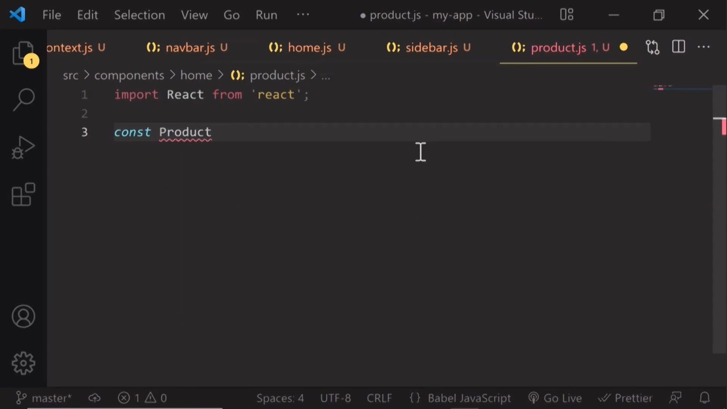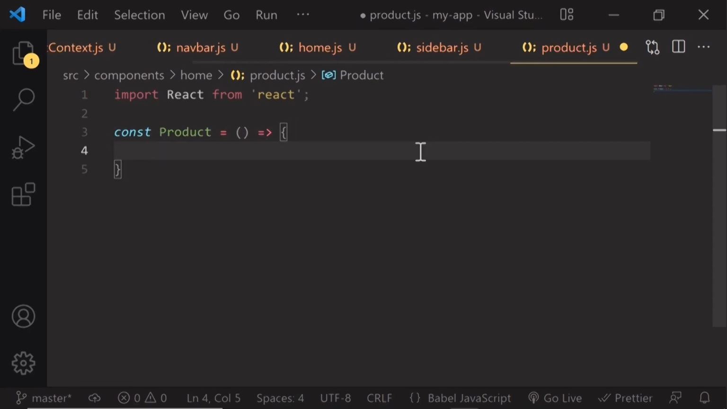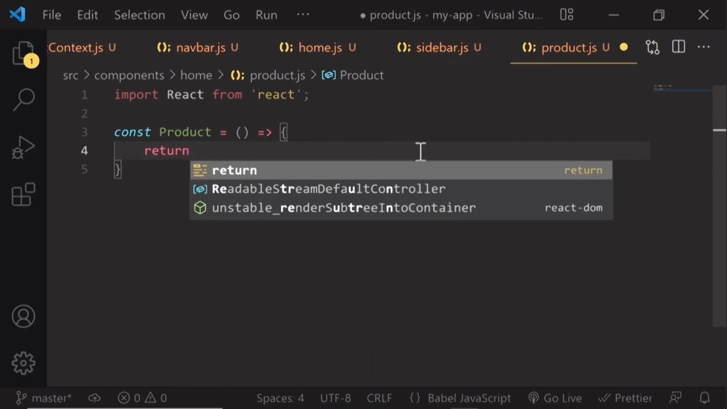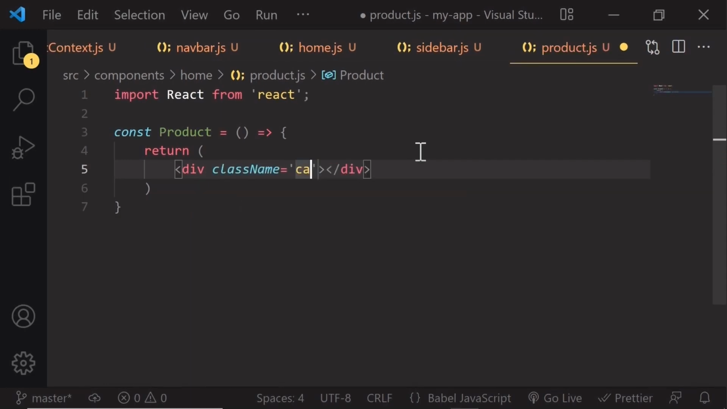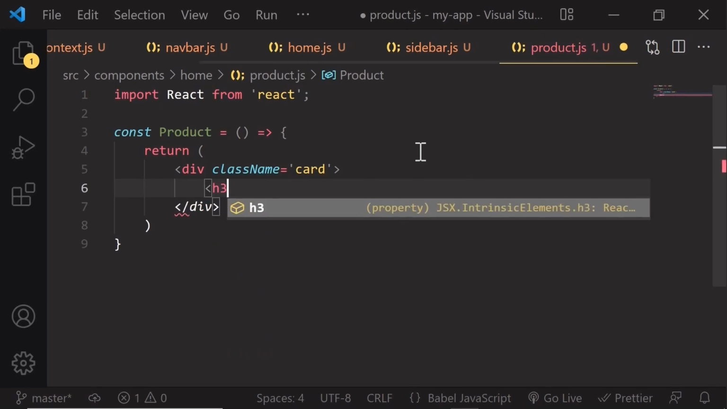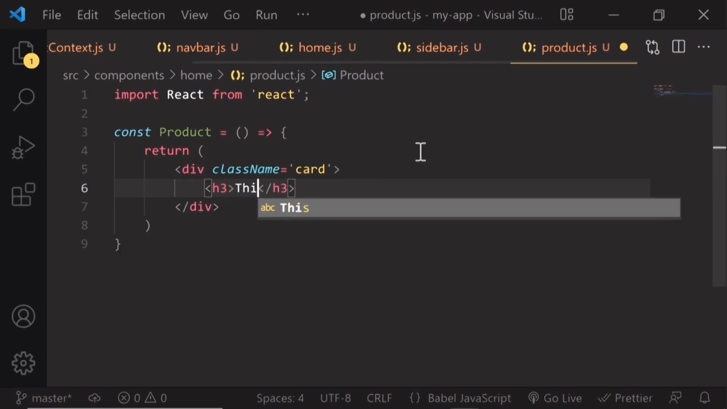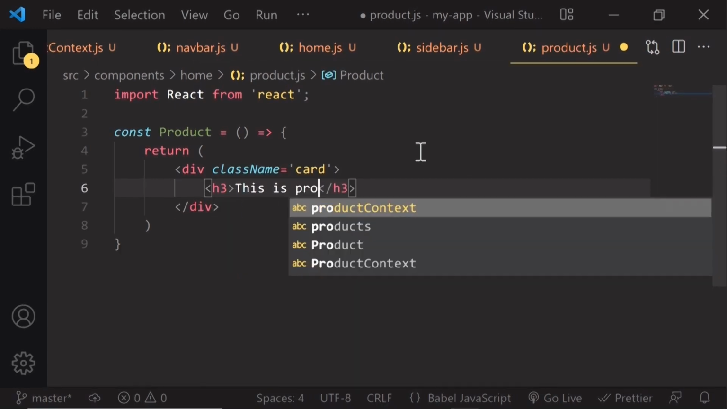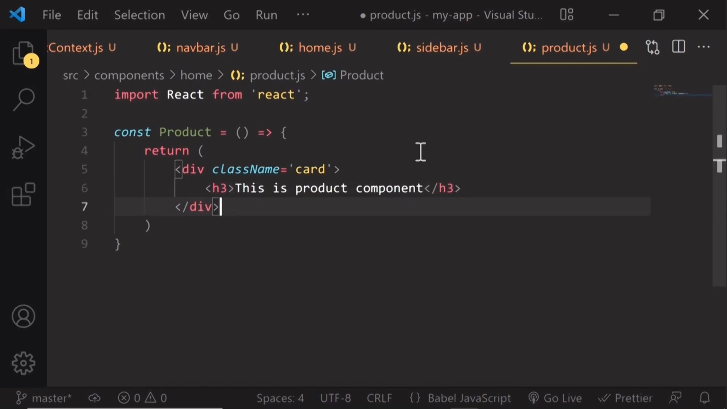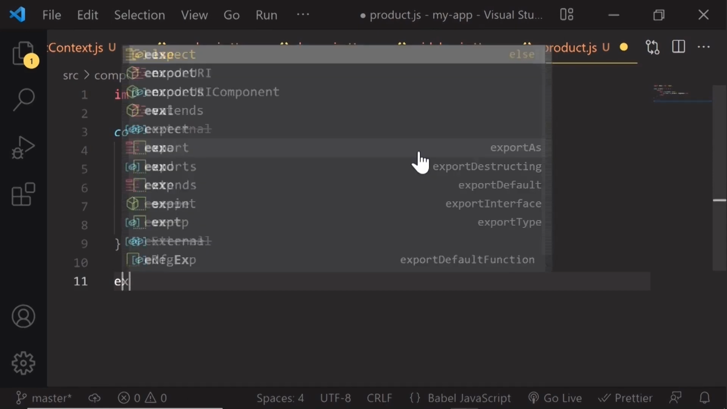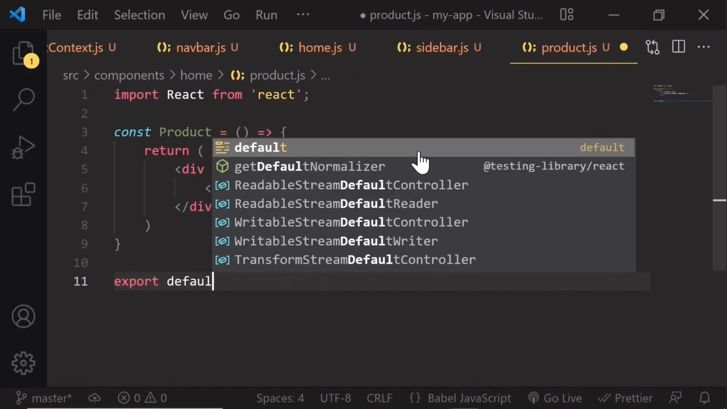go to product.js, import React, and then create a constant variable holding a function name for this component. Then return a div and give it a class name of cat. Inside of it, create an h3 tag which says this is product component. Export the product component,